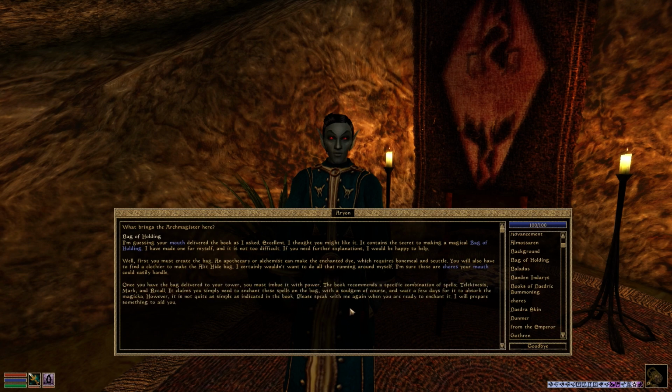Once you have the bag delivered to your tower, you must imbue it with power. The book recommends a specific combination of spells: telekinesis, mark, and recall. It claims you simply need to enchant these spells on the bag, with a soul gem, of course, and wait a few days for it to absorb the magicka. However, it's not quite as simple as indicated in the book. Please speak with me again when you're ready to enchant it. I will prepare something to aid you. Very well. The other thing I'm here about, Arion, is...